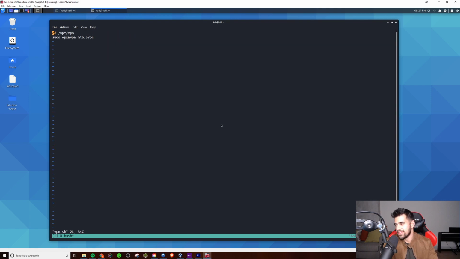It's really that simple. So this is an annoying thing that I would have to type every single time I fire up my Kali box and I want to do some Hack the Box, right? I would have to go into the OpenVPN directory, and then I would have to run it as root, the OpenVPN, and then my VPN file. I mean, it doesn't seem like much, but doing that every single time got annoying,